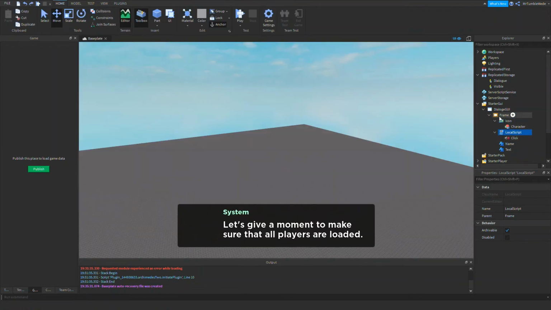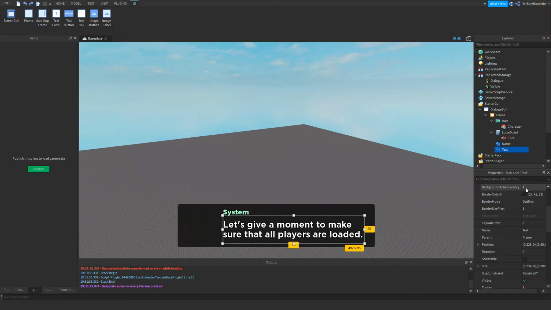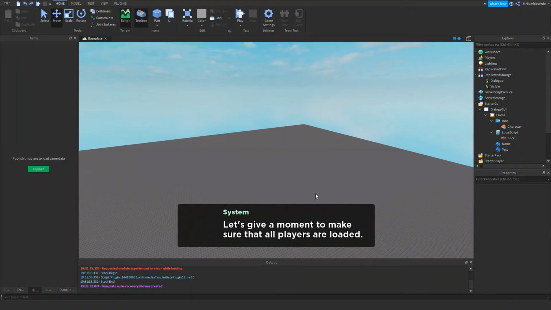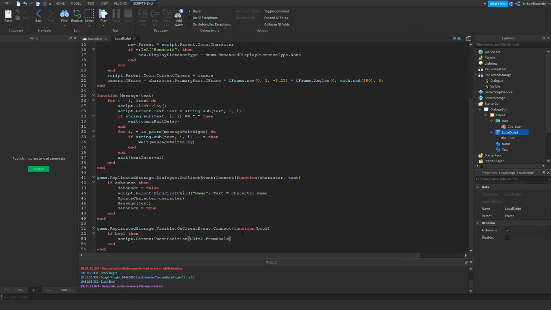I rarely use the offset. The only time I actually use the offset is if I want to make it, like, kind of like a border or something like that. But since I only want to change the scale, I can just do fromScale. But if you're one of those offset guys, you can do fromOffset. But I'm a scale type of guy, so I use fromScale. And for me, I only need to do 0.75.